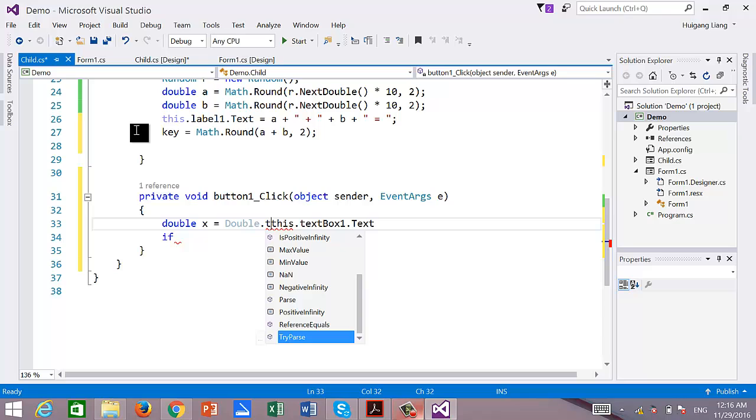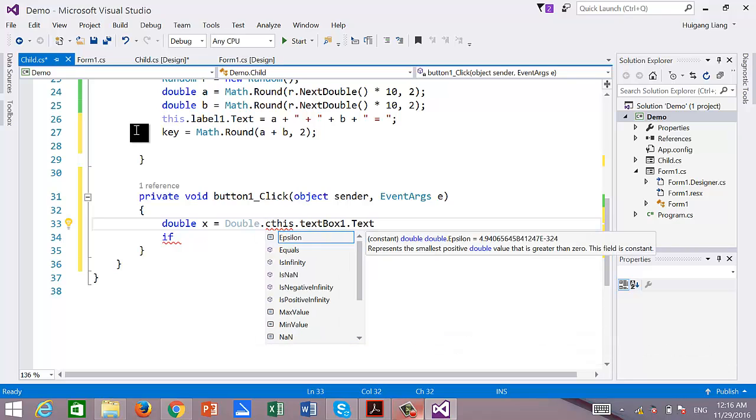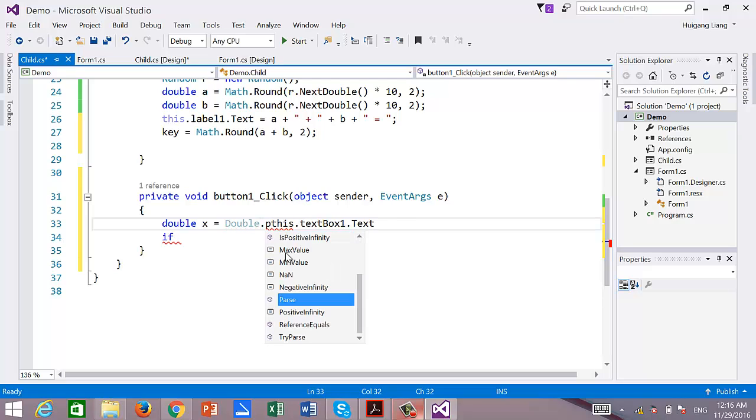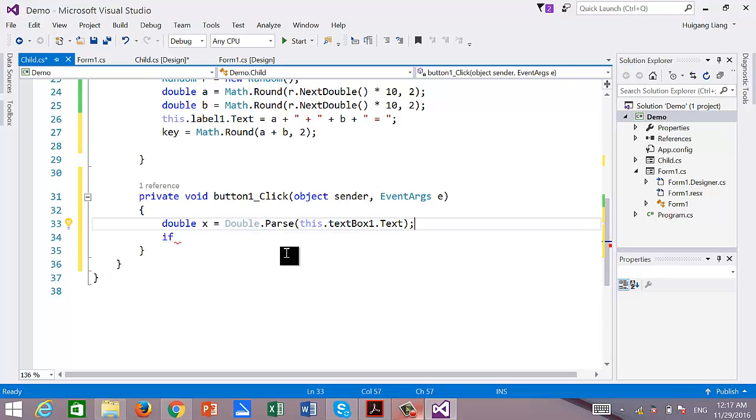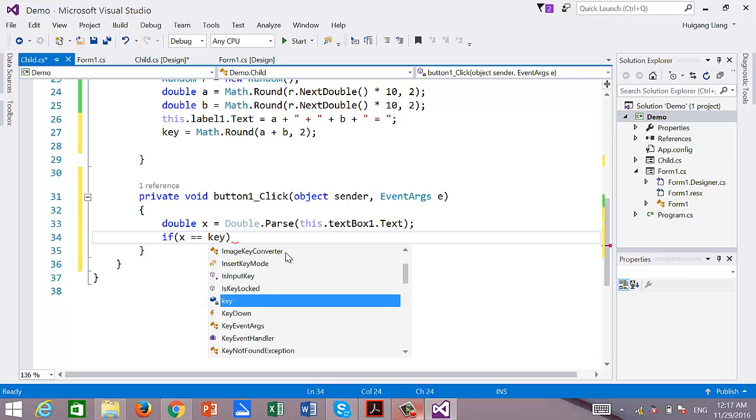Convert.ToDouble, parse. This method will convert a string type into a double type. We can compare this x with the key. If x is the same as the key,